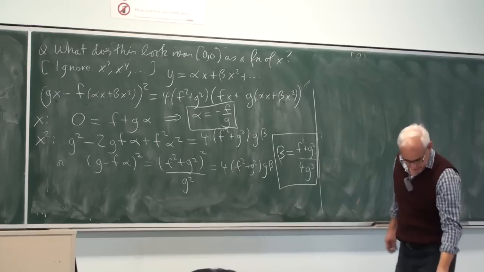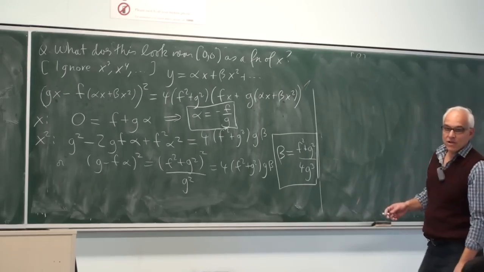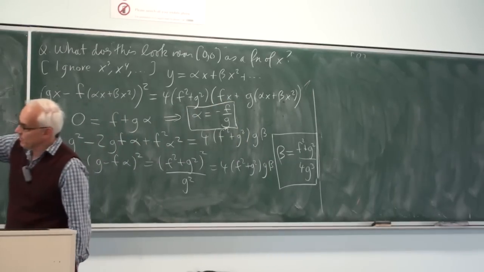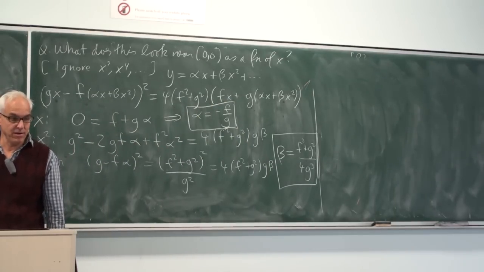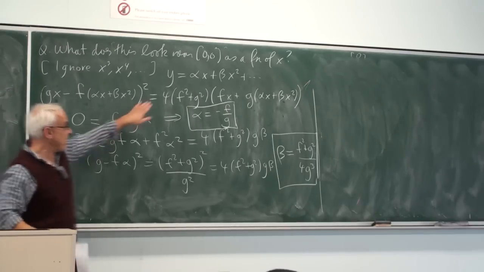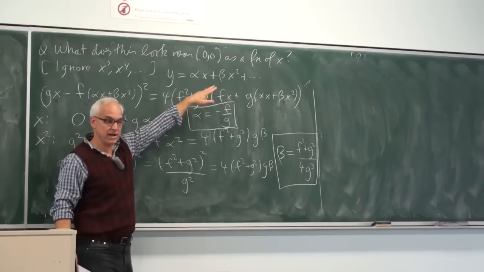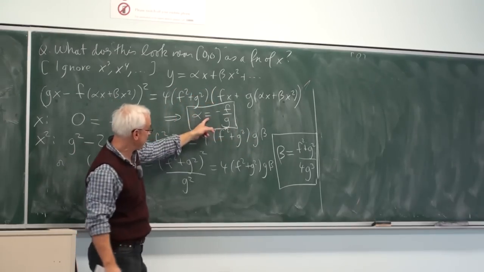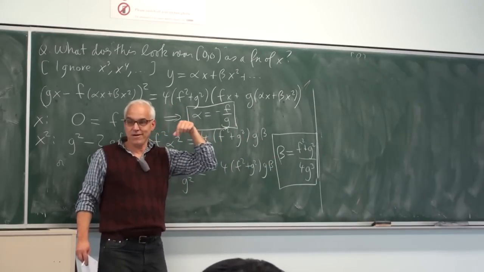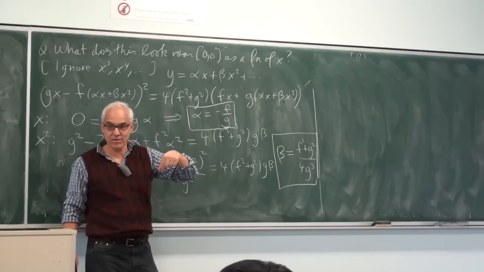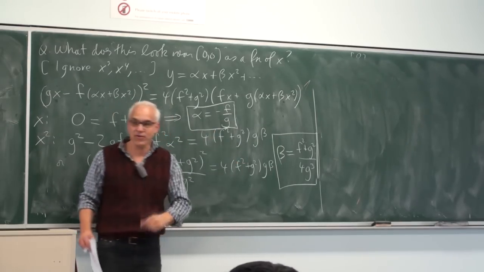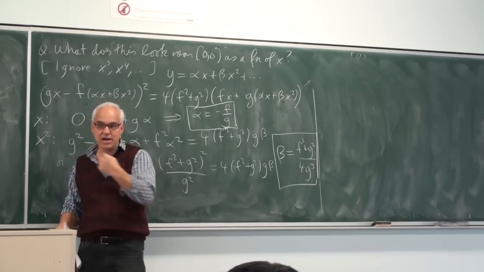All right, so what have we done? We've shown that if we have a parabola, vertex at the origin, focus at the point (f, g), then when we look at that parabola near the origin, it's equal to a function alpha x plus beta x squared. And the coefficients alpha and beta are given exactly by these expressions in terms of the entries of the focus, in terms of f and g. So if we know f and g, we can write down these formulas, and we know what the parabola looks like near (0, 0).